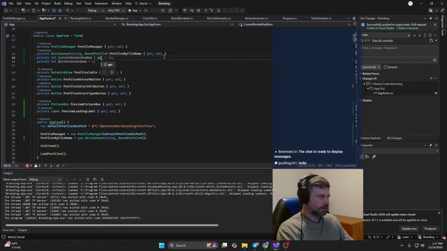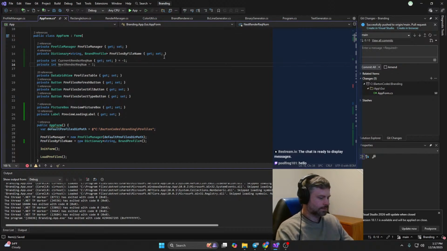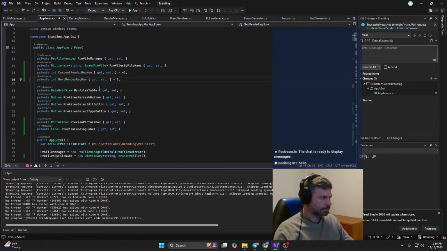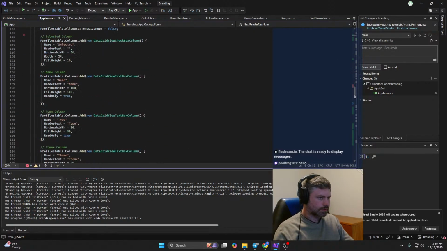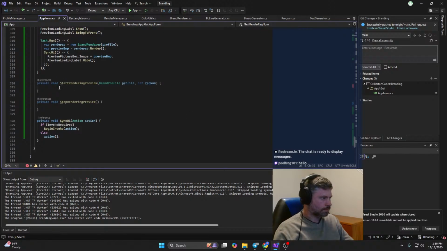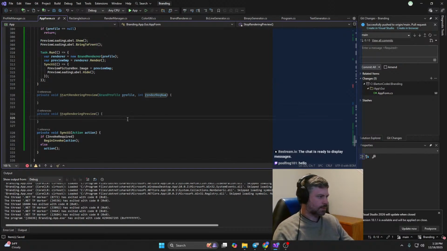I'll do it this way. So if we structure it like that, then what we'll say is as long as we're currently rendering one, we'll keep the request number here. I'm going to pass this a render request number. If we do stop rendering preview,